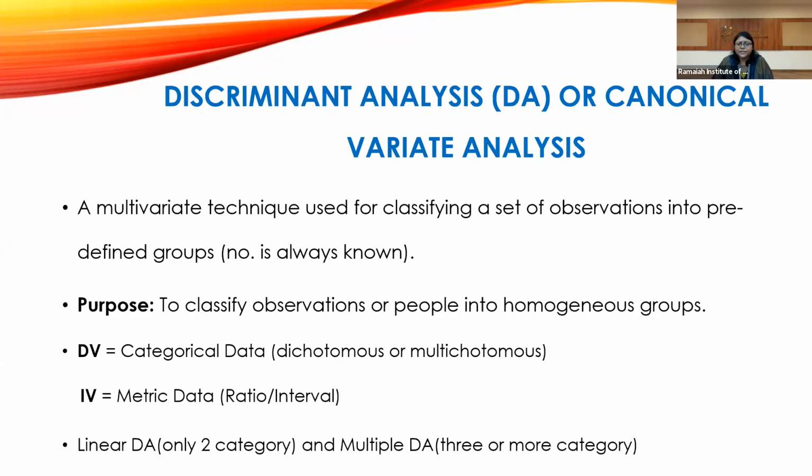Now, why do we need discriminant analysis? We can simply do the classification just by looking at the data. When it is one variable or two variables, it is easier. When it is a number of variables, it will be difficult for our human eye to discriminate and classify. So, in order to divide the entire group into groups which are homogeneous within, that means they have similar features or characteristics within the group, and they are different from the other groups.